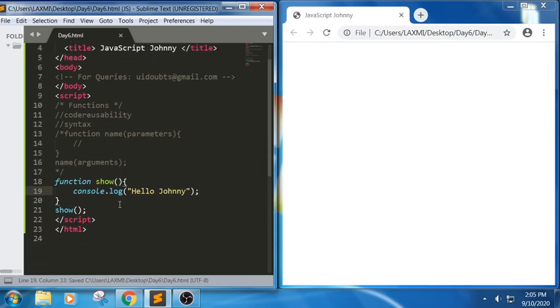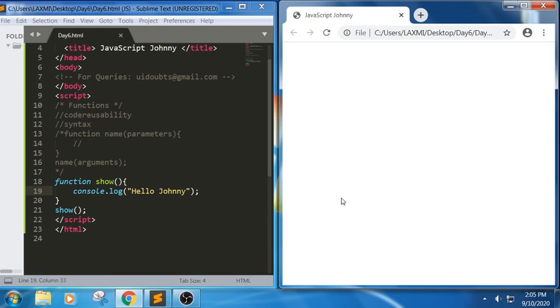It means we are trying to create a function. The function name is show, and inside the function body we have a statement called console.log, that is line number 13, and at line number 21 we are trying to call the function here. So the output of the snippet would be hello Johnny.